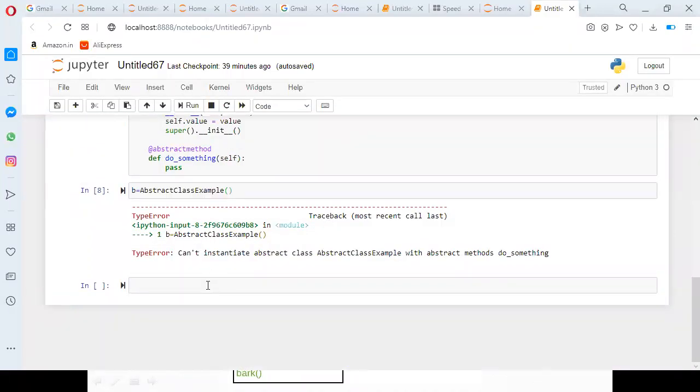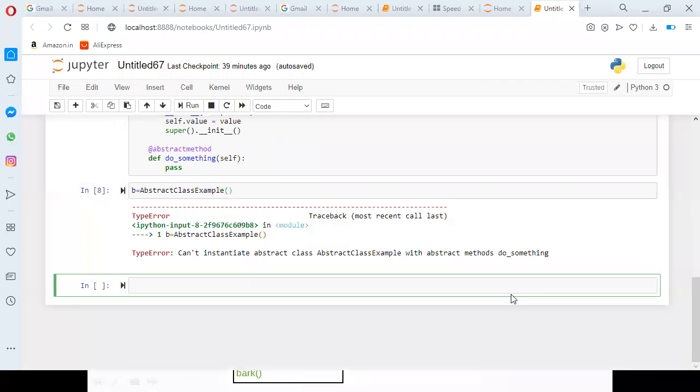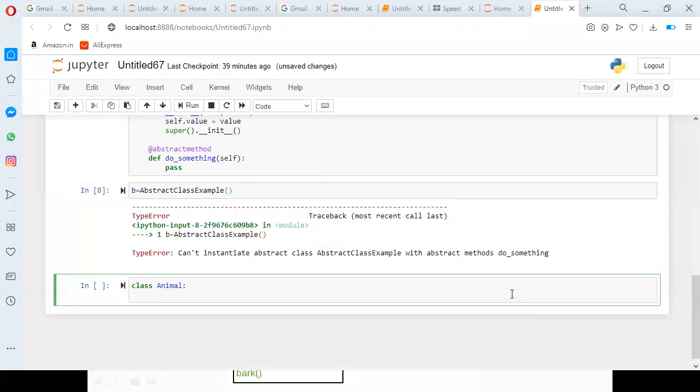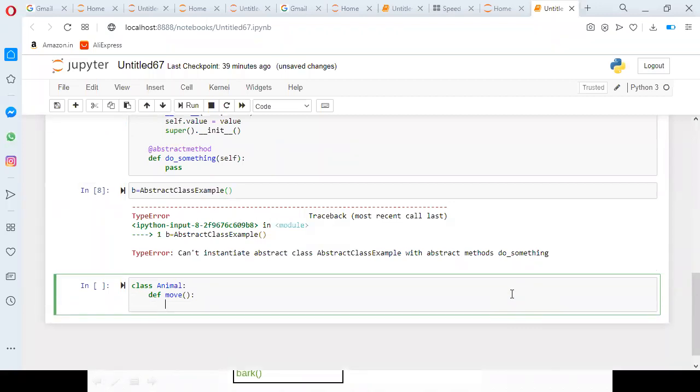For example, I'm going to define one class, the same animal. I'm defining one method, move, which prints animal move.